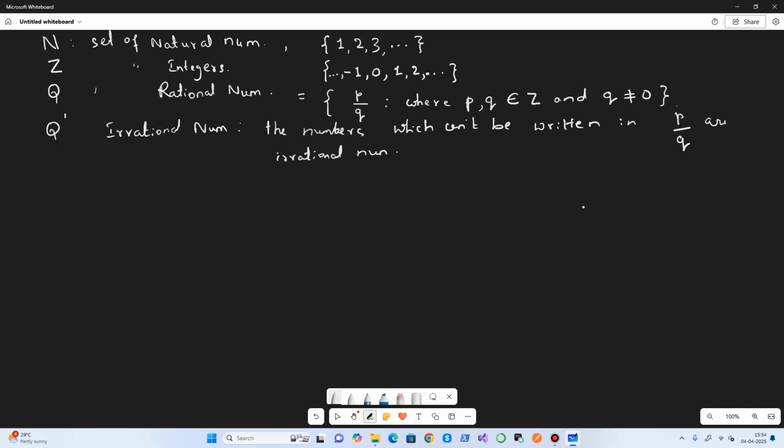So basically whichever numbers are not rational numbers are irrational numbers. And then the set of real numbers basically contains both rational and irrational numbers.